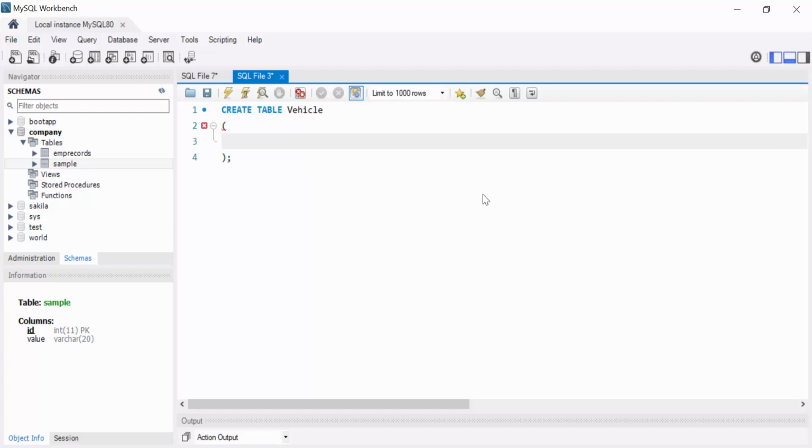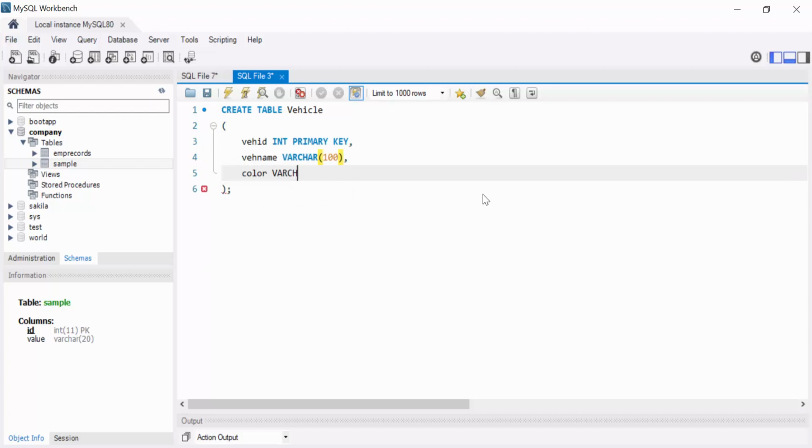and there we write vehicle ID, vehicle name, then color, then we store fuel capacity, and then we store average speed.